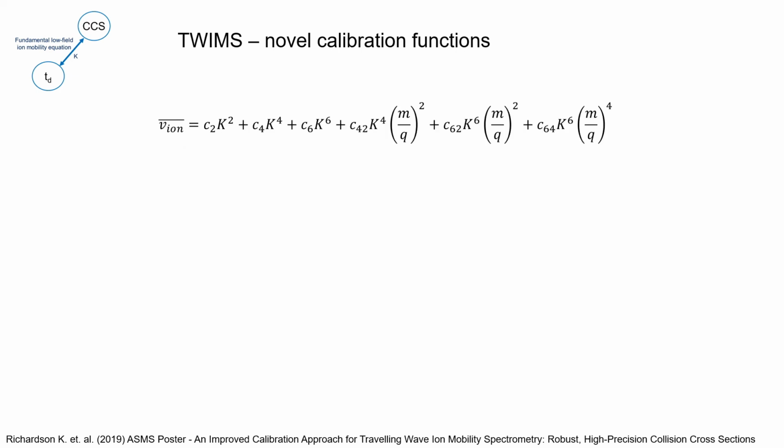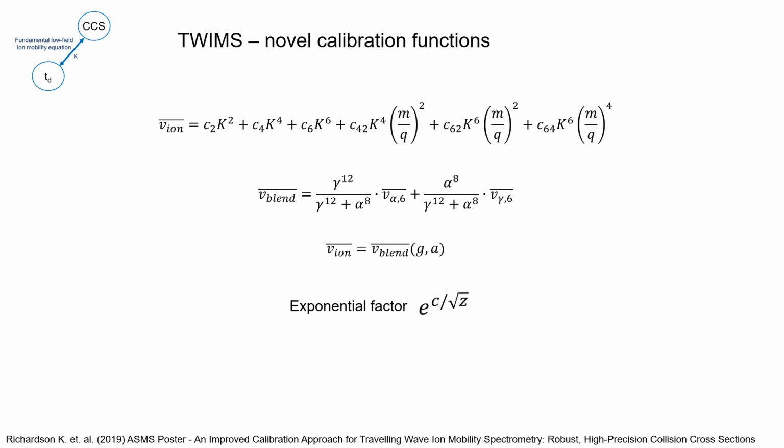In view of this, Richardson and co-workers consider the 6 parameters calibration similar to that seen previously that can correct for relaxation effects, and introduced a new approach to the traveling wave calibration where the nominal values of alpha and gamma are calculated for each ion for the selected traveling wave conditions and rescaled by dimensionless calibration parameters A and G. They introduced a new calibration parameter C, and